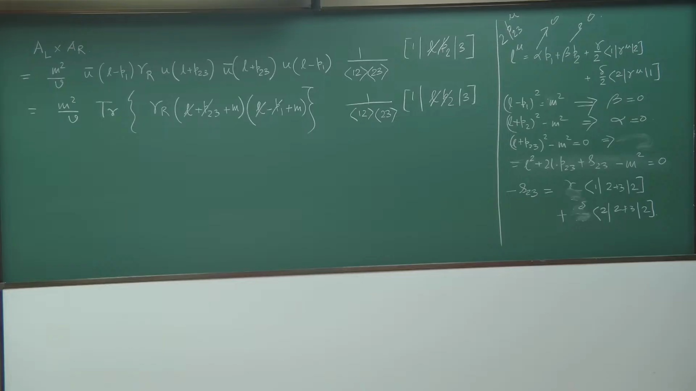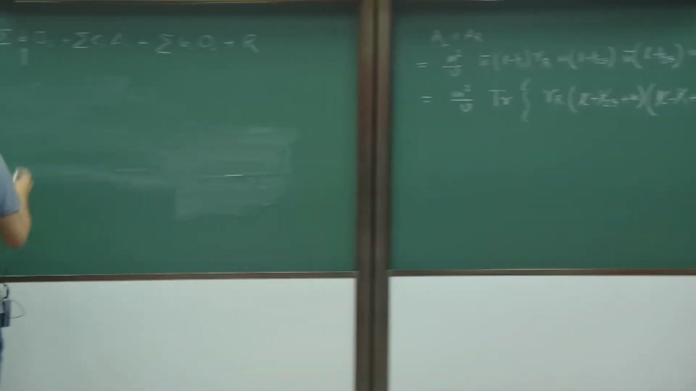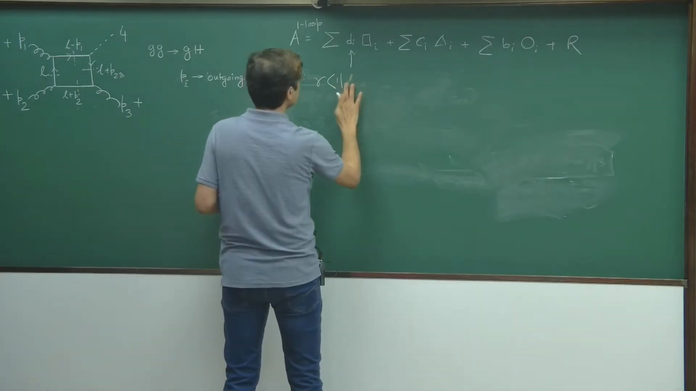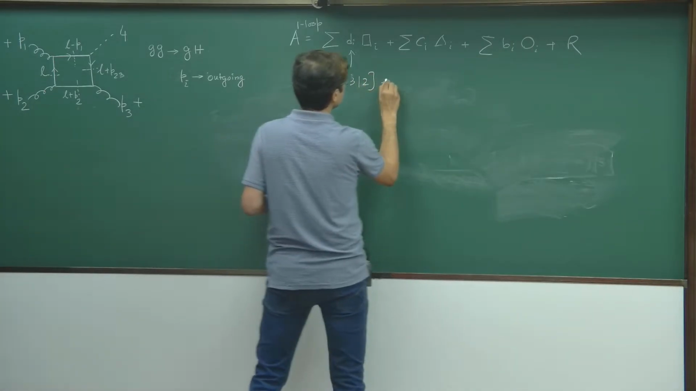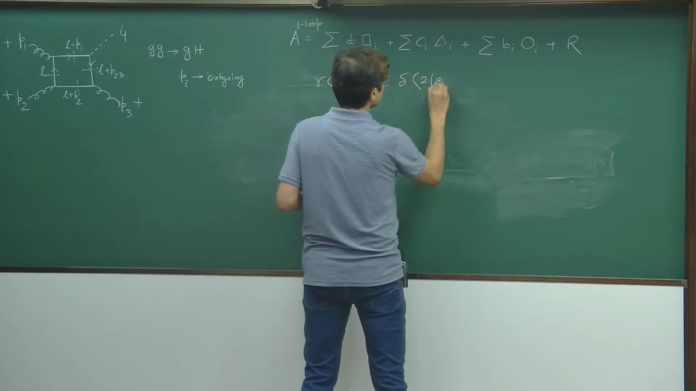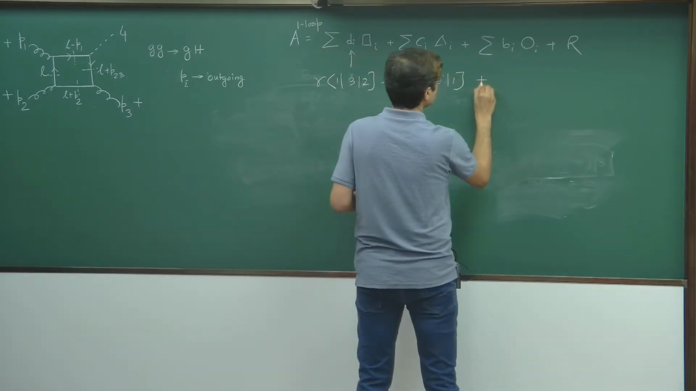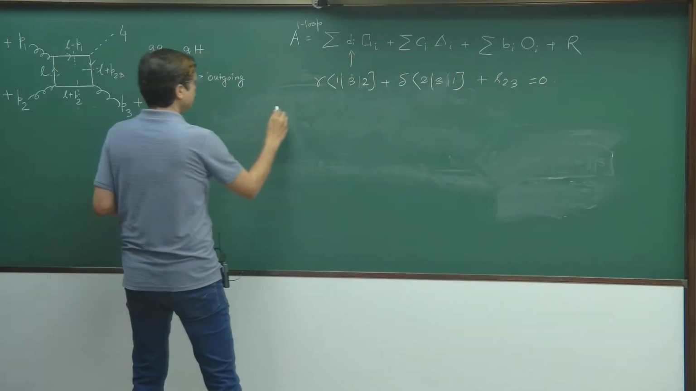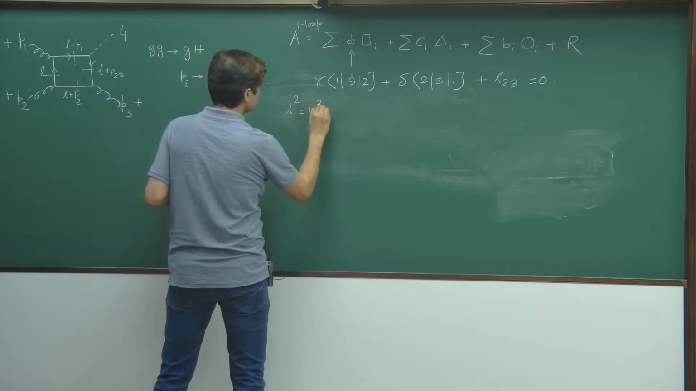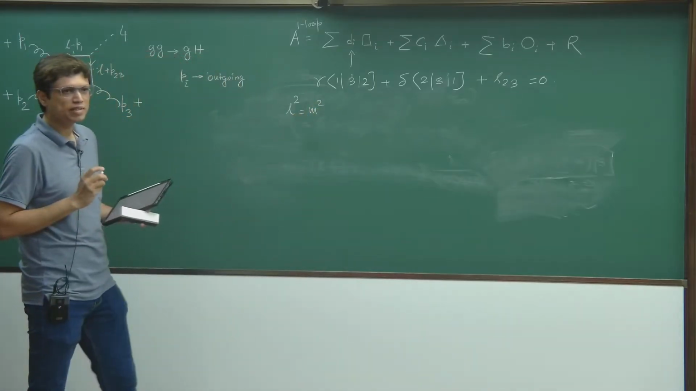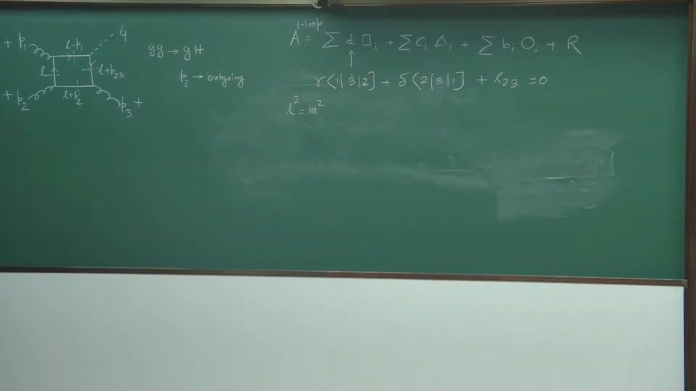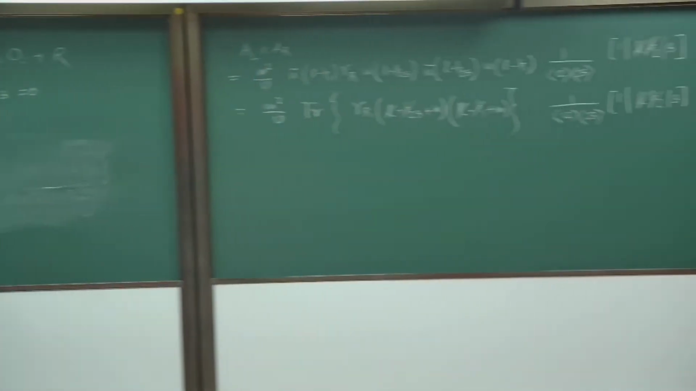So I got one equation, which is γ⟨1 3 2⟩ plus δ⟨2 3 1⟩ plus s23 is equal to 0. Now I have also another constraint, which is l² equal to m². Yes, sorry, right, this is one. Okay. Now if you do this,